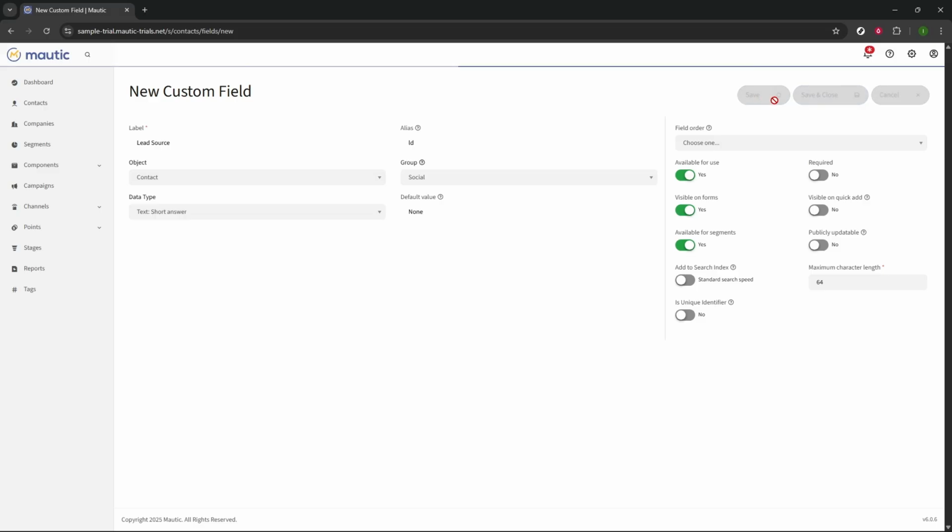That's it. You've added a custom field in Mautic. Quick tips before you go. Plan labels and aliases with a simple naming convention, match data types to the kind of information you expect, and group fields thoughtfully so they're easy to find later. With that, you're ready to scale your data in Mautic with